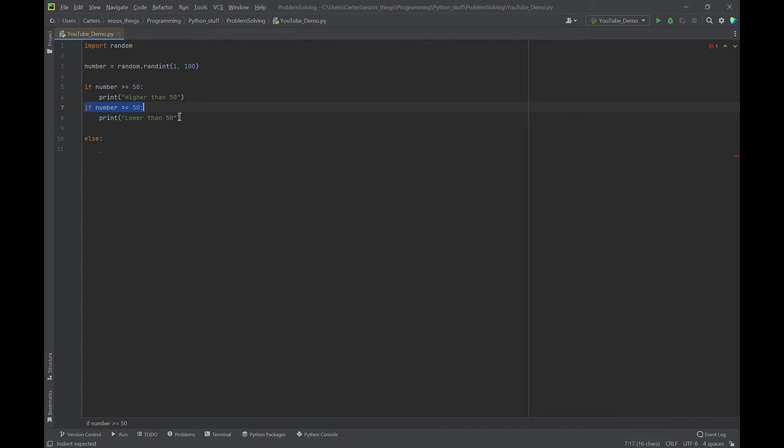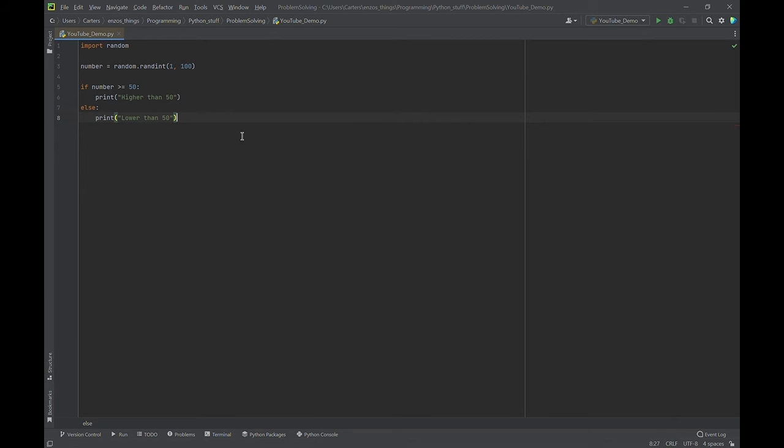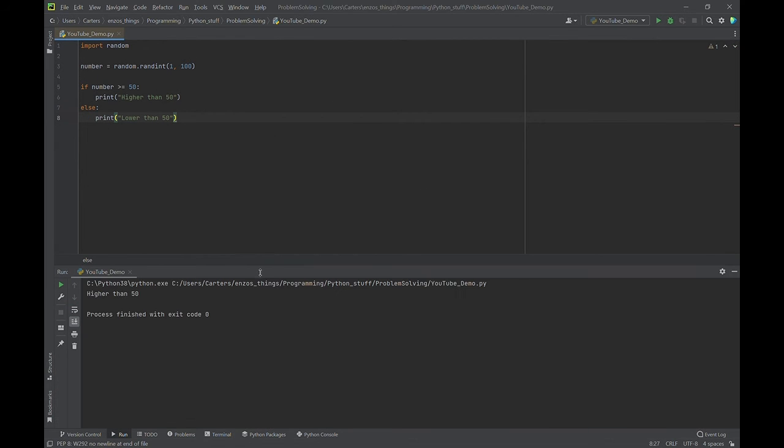You can either write out this whole statement again, which is useful in certain situations, and I'll explain those in a little bit, or you can put else, which basically means anything, if it does not meet the above requirements, do this. So else, lower than 50. Higher than 50. Lower than 50. Higher than 50. And that's pretty interesting. Now let's also print under it,